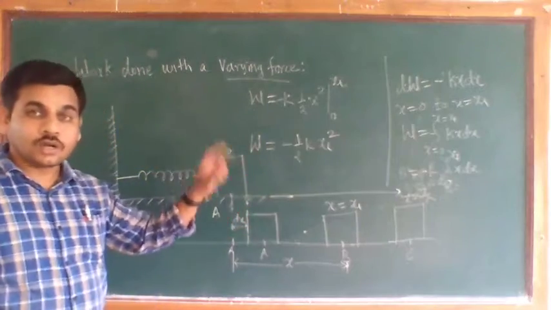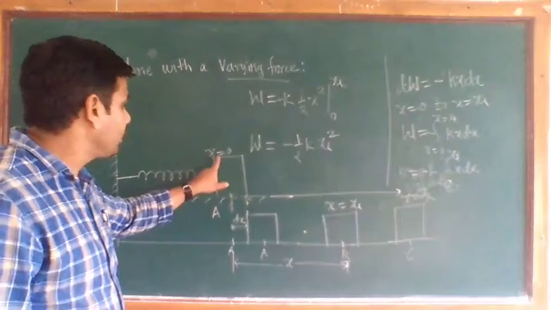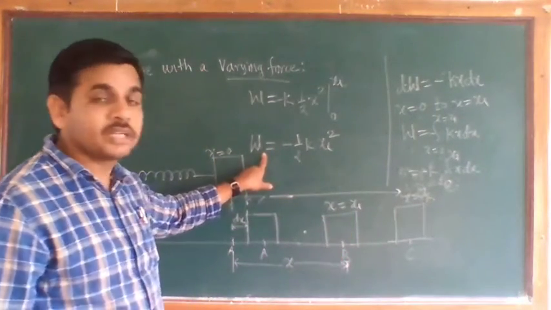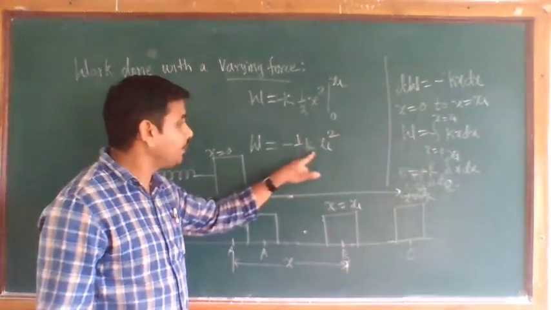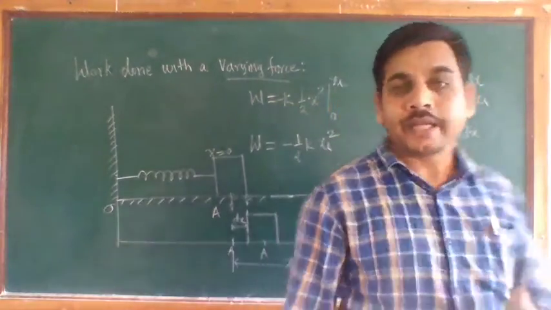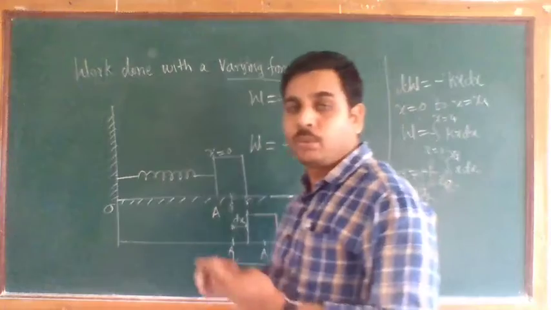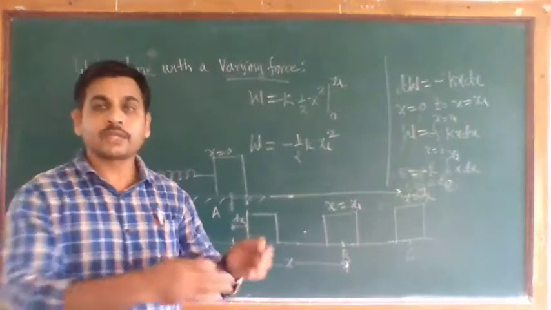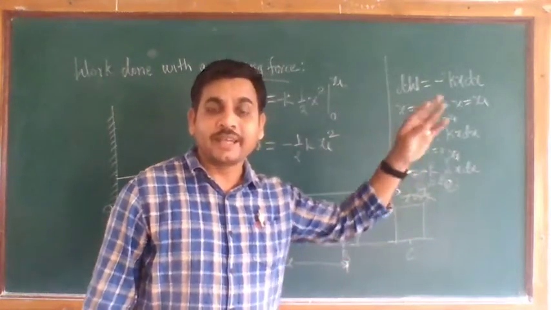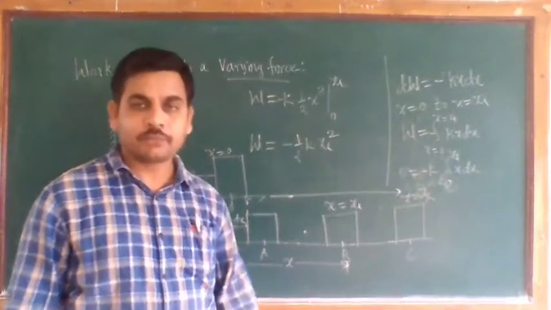The work done in that first condition, this block which is moving from x is equal to 0 to x is equal to x1, is nothing but minus 1/2 k x1 square. So similarly you can calculate this. Similarly here you can calculate if this block is moving from x1 to x2, x2 to x3, or up to that final position, the end position. So here you can get